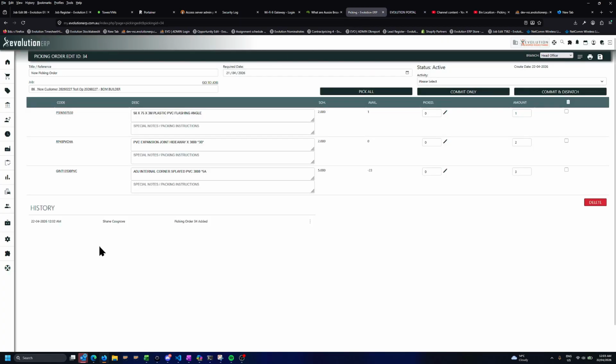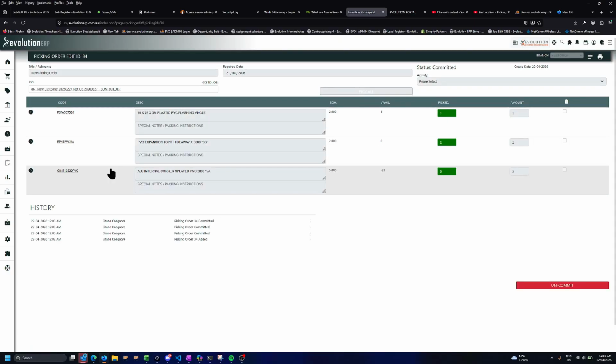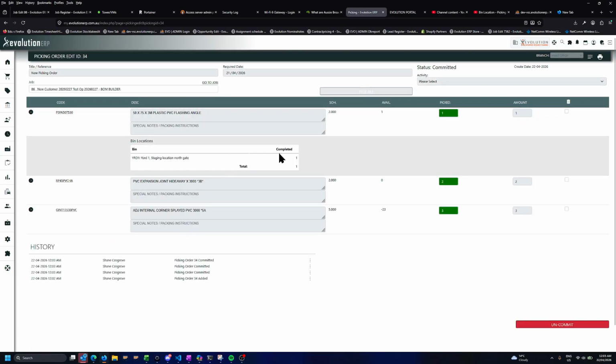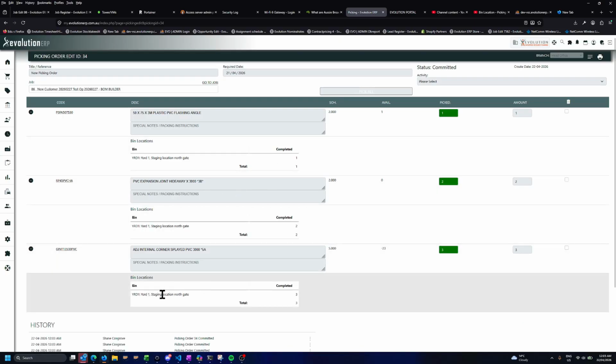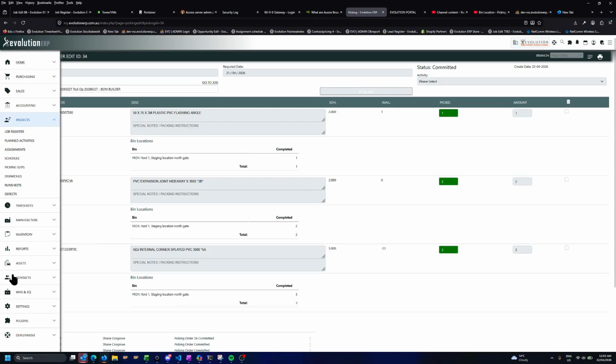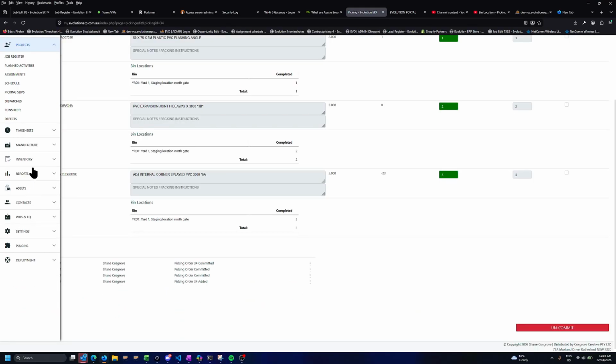So if we go back into the pick now and we refresh, we can see that yes, it's all committed and completed. Yes, we've got a pick, and yes, we've got a pick all to that yard bin. If we head to that bin location,